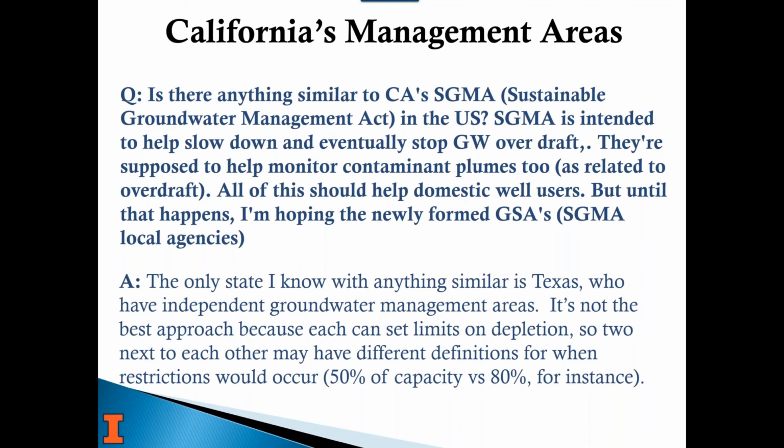I thought this was a really great question. In California, they've created these management areas, and that act allowed them to provide all their data online. I think the same act allows for these things, and it's meant because they're using so much groundwater out there that it's really a problem in some areas. So the question is, is there any place else in the US that has anything similar?